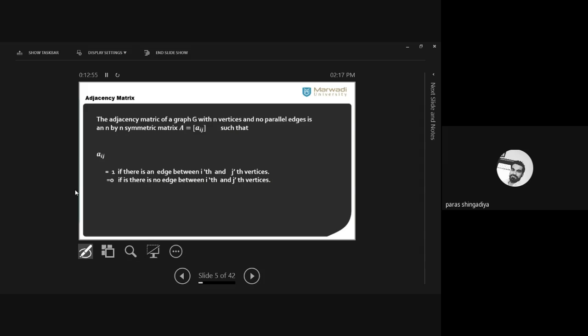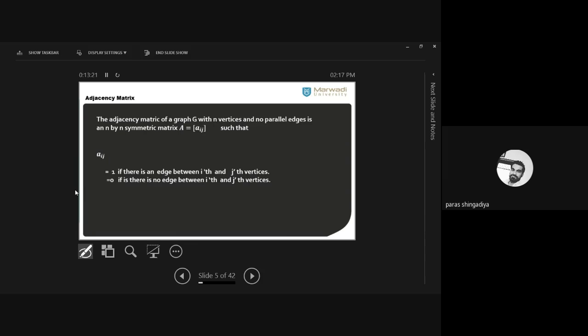We have n vertices in the graph. Then what will be the order of the matrix? Because that is also important. How many rows we have to include, how many columns we have to include. That is important for any graph. So how can we decide how many rows and how many columns to consider? The answer depends on the number of vertices mentioned in the graph.